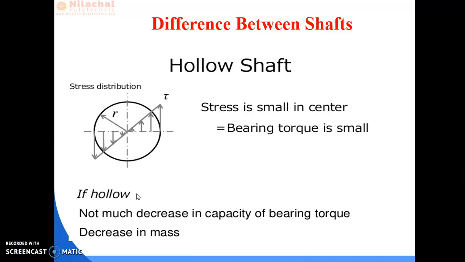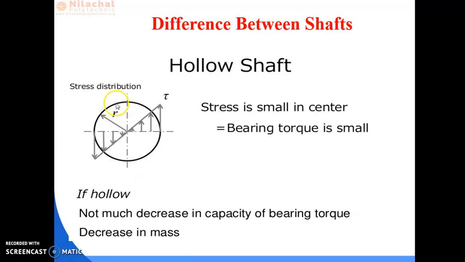Now the next content is that we have already studied that there are two types of shaft which can be used to transmit the power. One is hollow shaft, another is solid shaft. In case of hollow shaft, we have two types of diameter, one is internal diameter, another is outer diameter. Now we have to find out whether solid shaft or hollow shaft is sufficient for the transmission of power. Which one will be choosable between the two shafts?